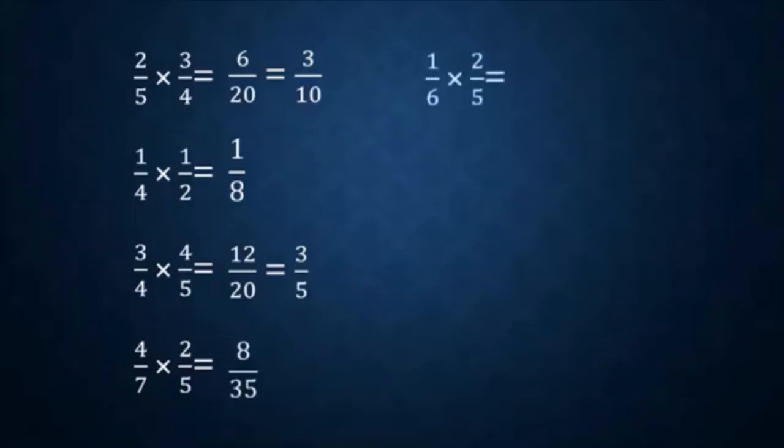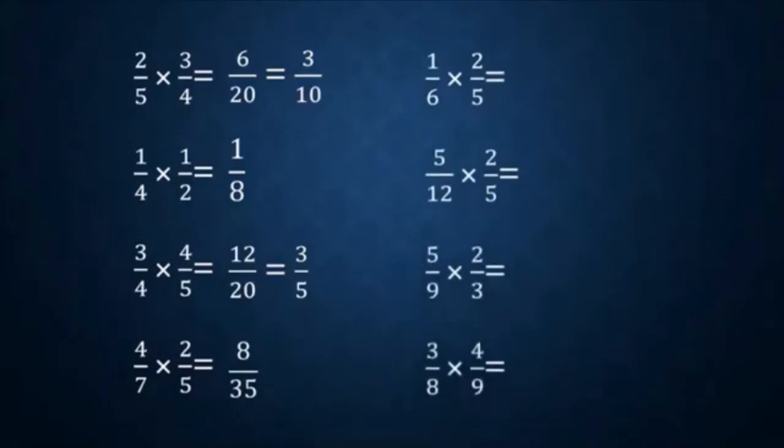Now what is 1 by 6 into 2 by 5? 5 by 12 into 2 by 5. 5 by 9 into 2 by 3 and 3 by 8 into 4 by 9. Now let's solve it. 1 by 6 into 2 by 5 is equal to 2 by 20 or 1 by